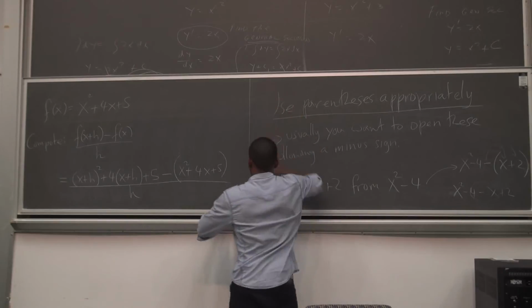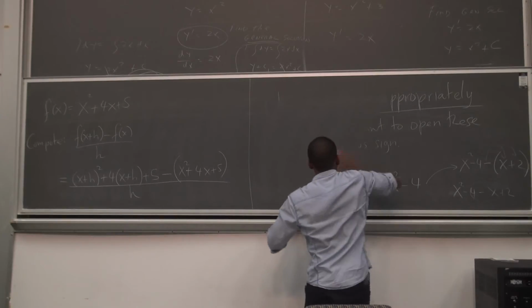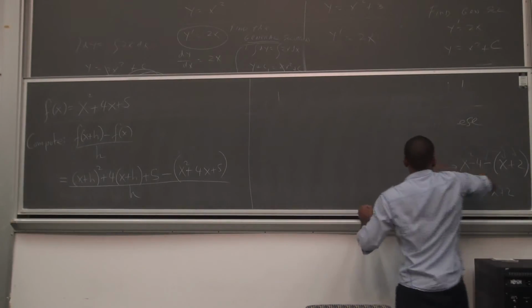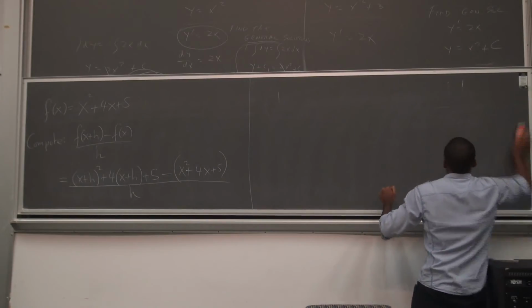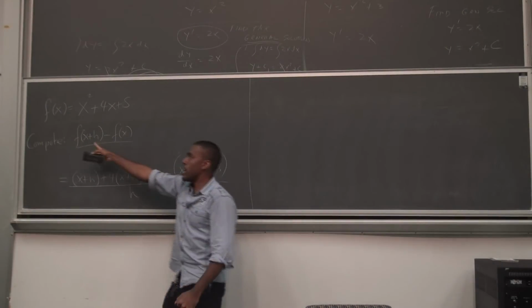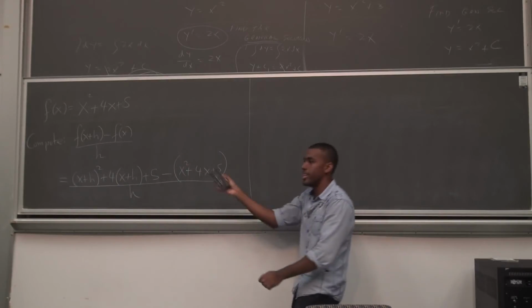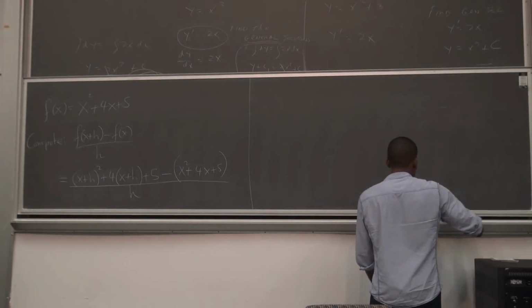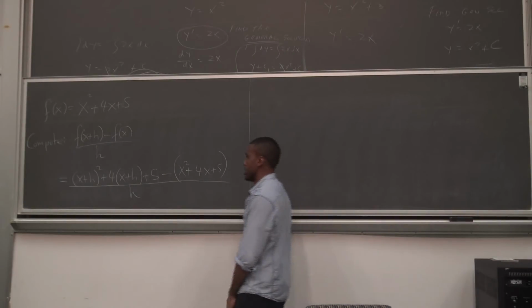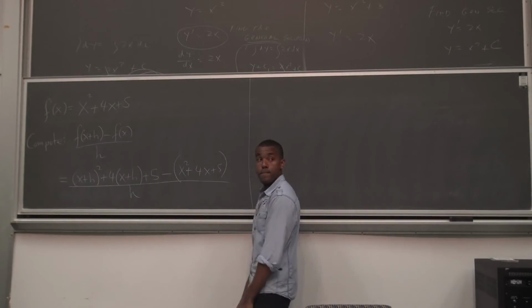Let's continue this just for fun. Keep going. Okay, so if you have that, again, algebra, you need to remember what f of x plus h means. It means you replace all x's with x plus h. You don't add an h to the end. That's a completely different thing. So if we were to continue this, how would we simplify it?